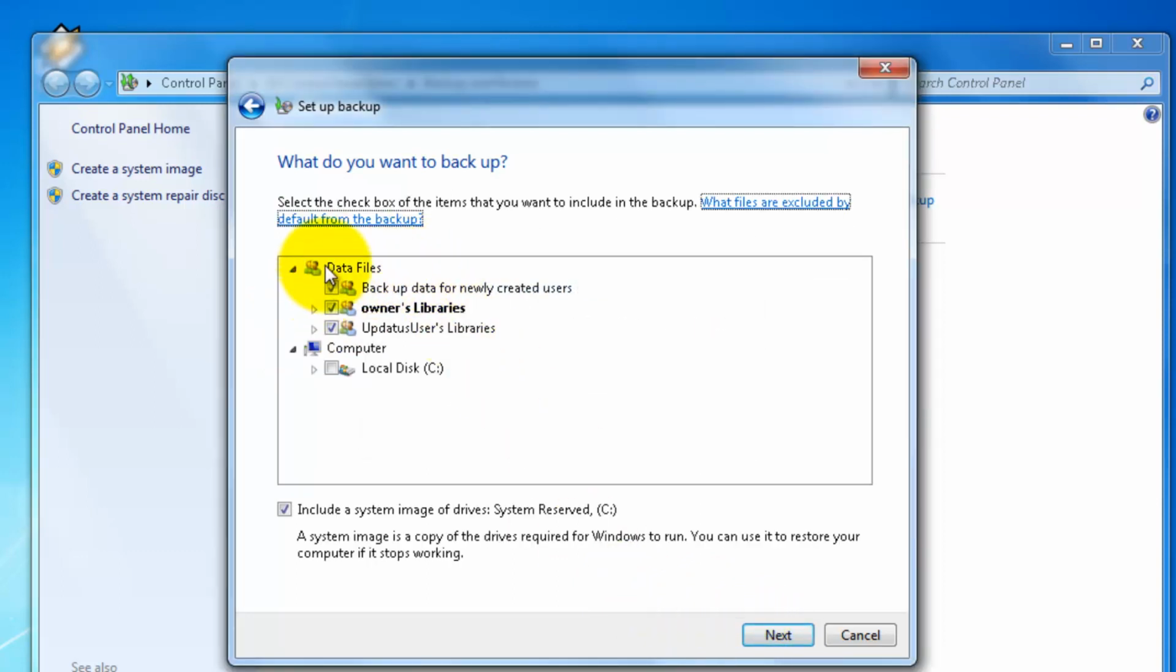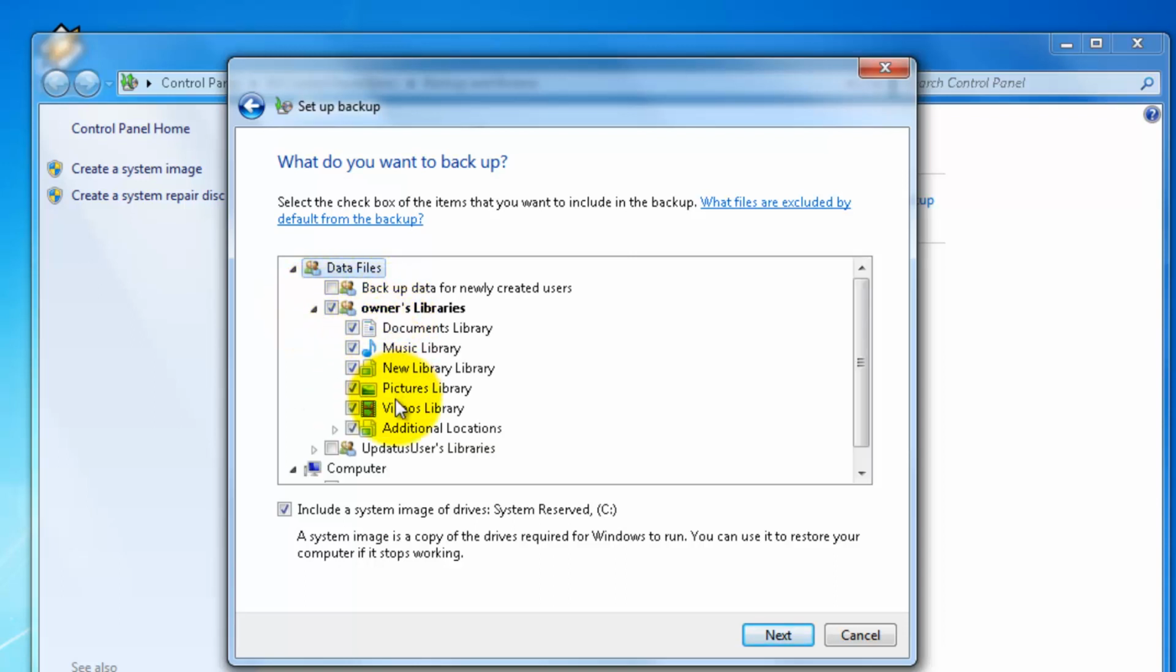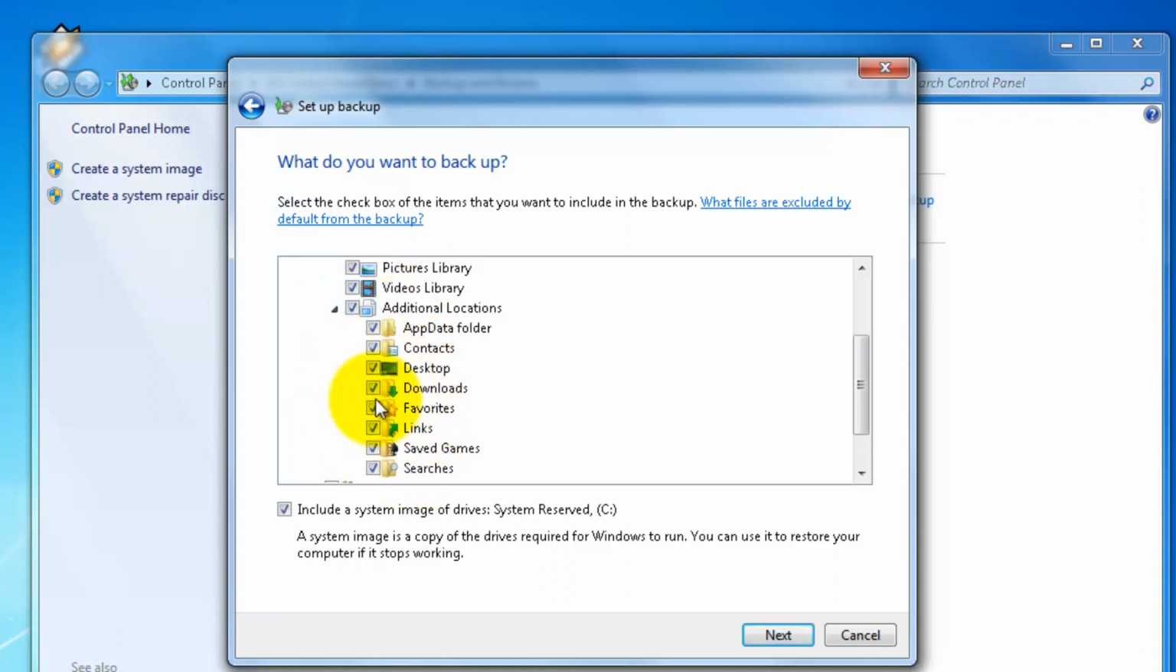Now it comes in here, what do you want to back up? Select the checkbox of the items that you want to include in the backup. So we want it from a specific folder. So what we're going to do here is untick all these, because they're large. They're everything that you've saved, all these documents, and you don't want all these documents to be saved